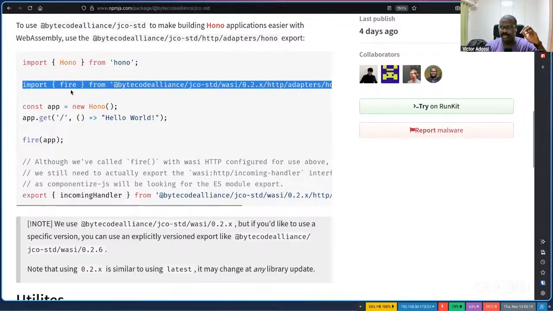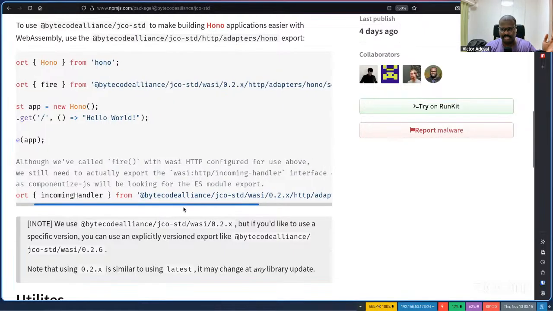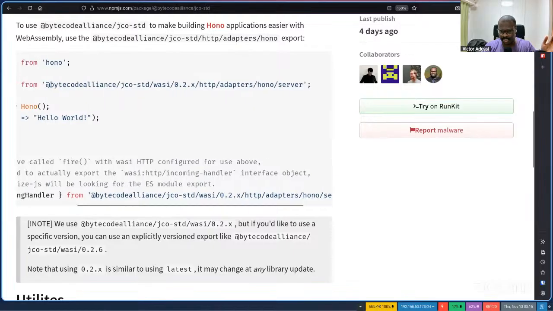As a side tangent, Hono means fire, it means a flame. So they have this little fire function that you call, and that starts your app, right? And so we import fire, instead of from the usual place inside Hono, from jco-stl. So it's an adapter of sorts.